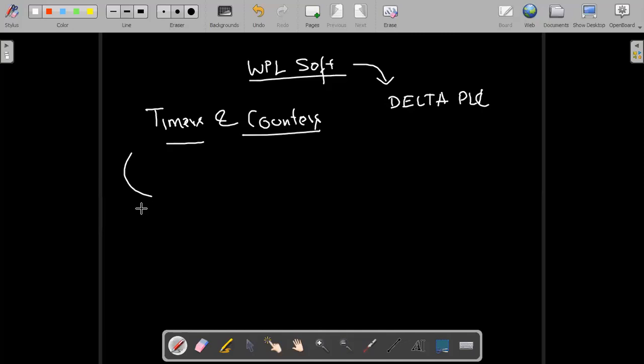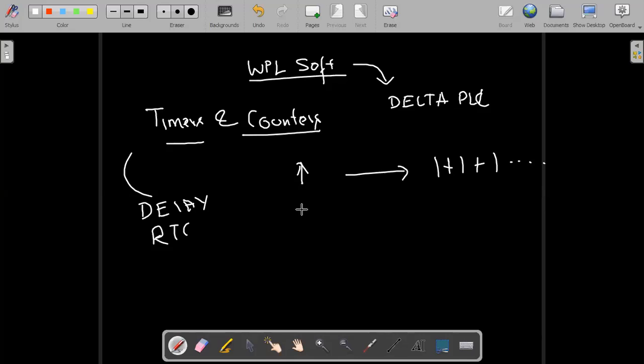Normally we use timers for delays and real-time clocks. For all these purposes, we use timers. As Saravanan sir told, counters are for counting objects. Suppose you want to identify how many persons are in a room or how many objects crossed a conveyor belt. You can go for counting. Each time you give an input, it is going to count. Again, you give an input, it is going to count, and it goes on.